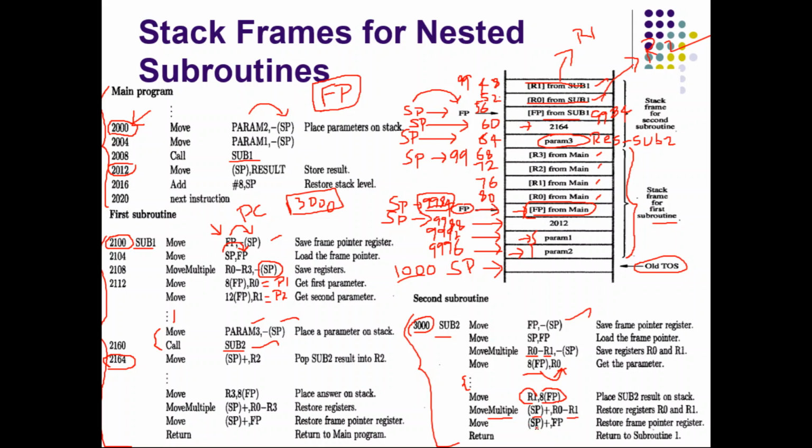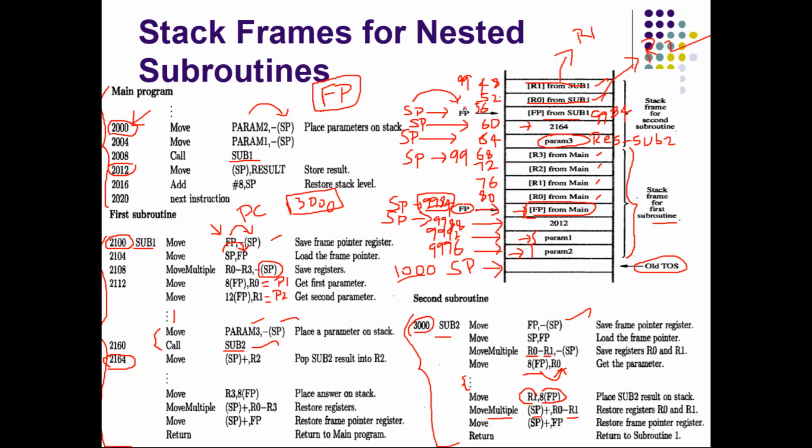Okay, the memory content of wherever SP is pointing is moved to the frame pointer. So what are SP and FP both pointing to? This location. What does this location contain? This location contains the frame pointer value from subroutine 1. So this address is 9984. If you recall, this is the original FP value from subroutine 1. That is now restored to FP.